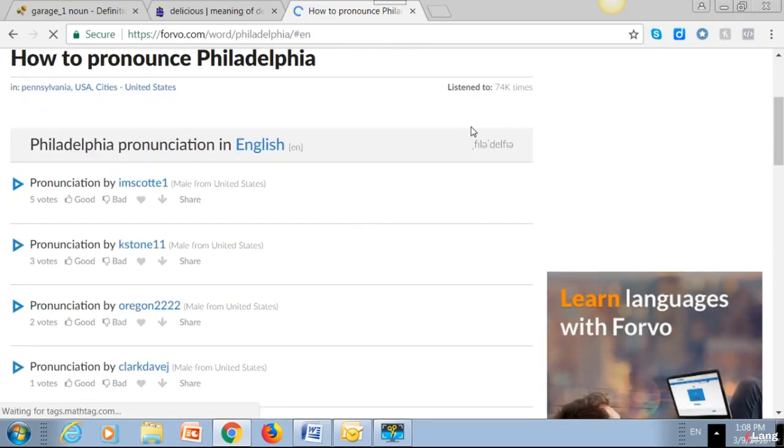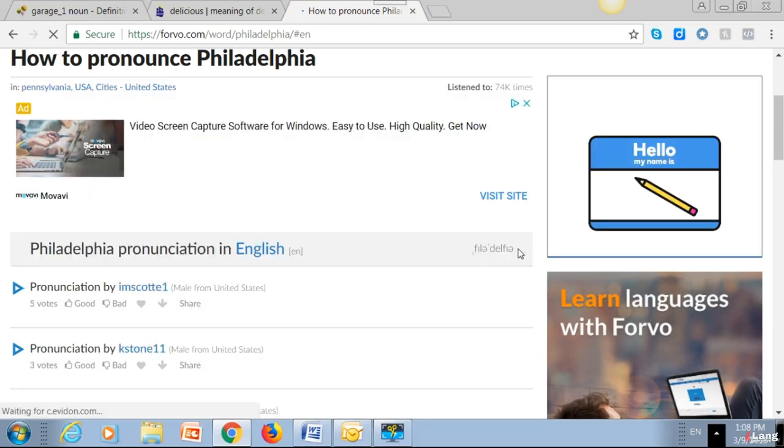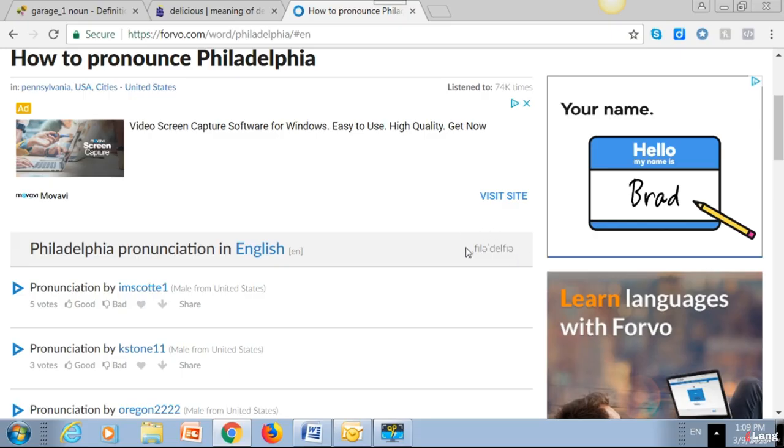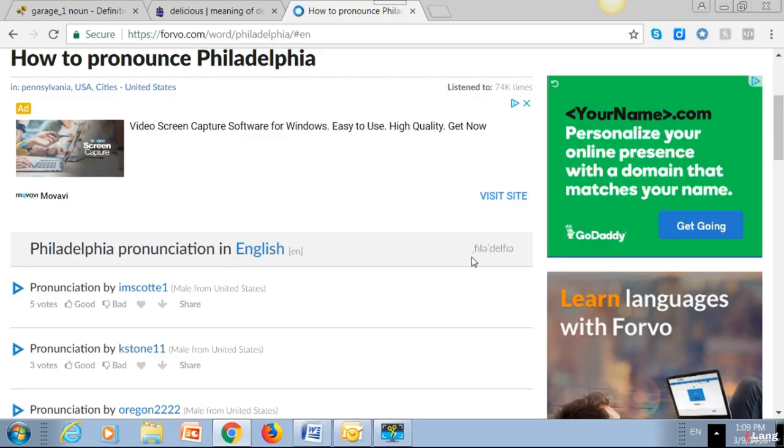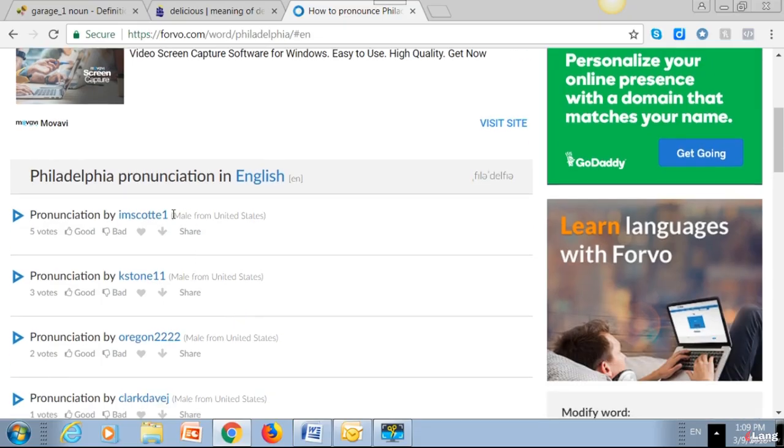And notice right here is your International Phonetic Alphabet symbols. Again, the little mark at the top means that that's the primary stress syllable after it. The little mark on the bottom shows that this is a secondary stress syllable following that. If you'd like to hear this pronounced, you can see who these are.